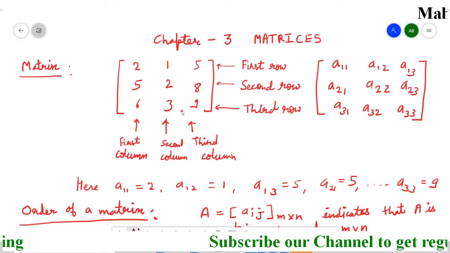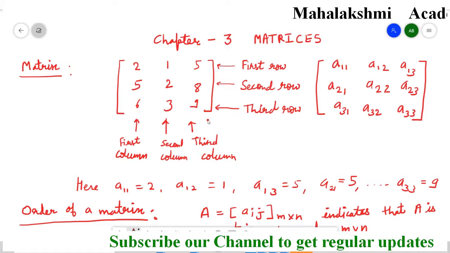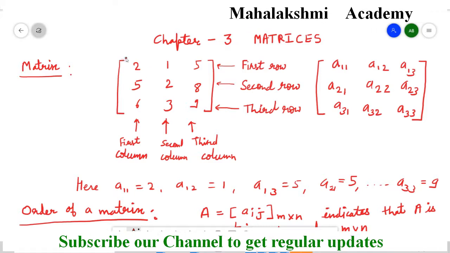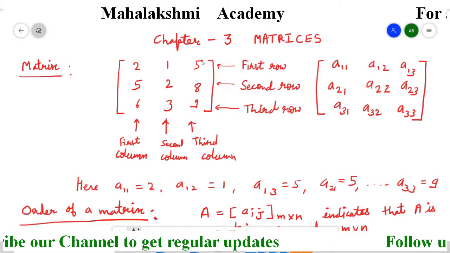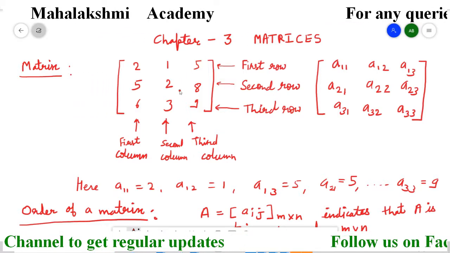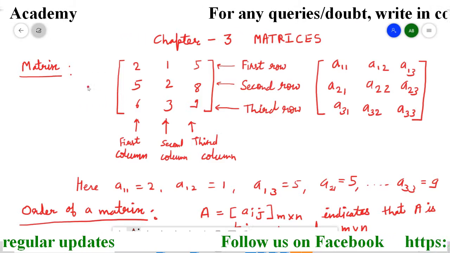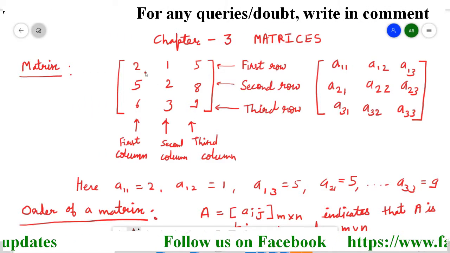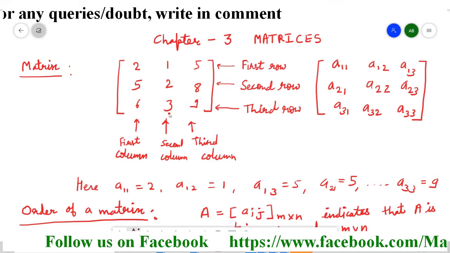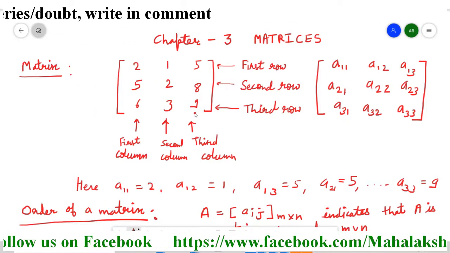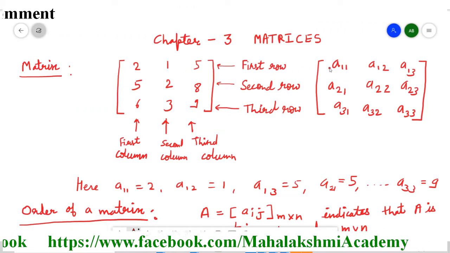So this kind of adjustment in which the numbers are written in the proper order in the rows and columns, and a very big bracket is covered, is a rectangular array of the numbers, and this kind of representation is named as matrix. Now the numbers which are entered here are named as the elements of the matrix, and these elements, in short, are represented as A11.